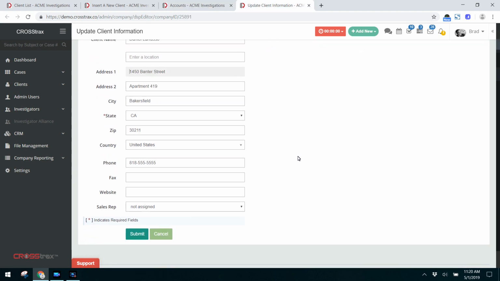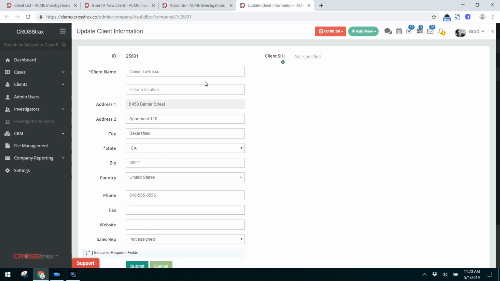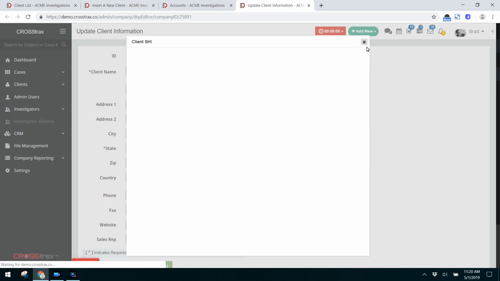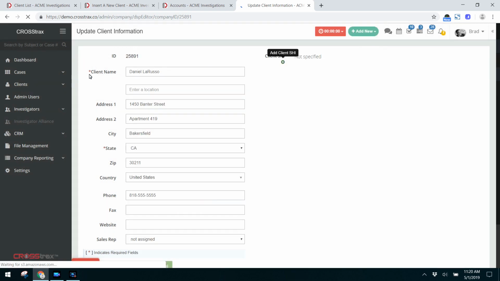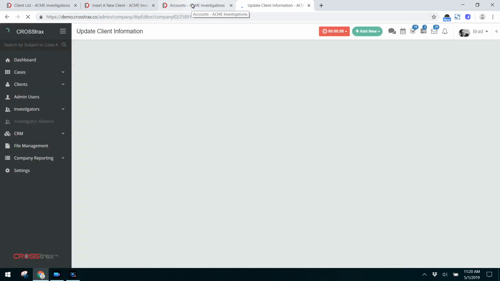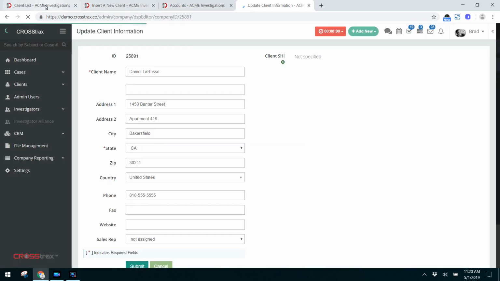Here's an individual that I've entered into the system as a client, and you can see the client's name is the individual's name, and I've entered his information. In this case, I don't have a sales rep, so I'm not going to assign one. And if I wanted to add special handling instructions, I could do that by clicking here. Just wanted to show you the individual client side to see how it looks when you enter one of those. Now, just to recap,